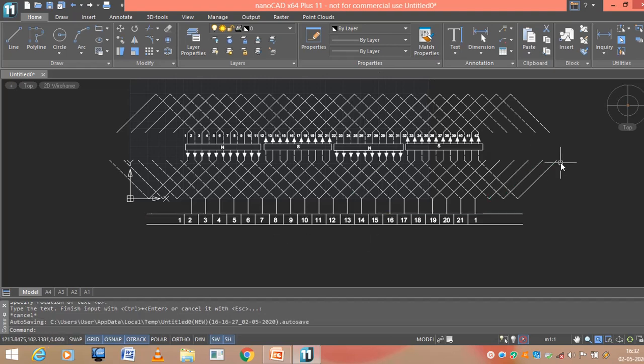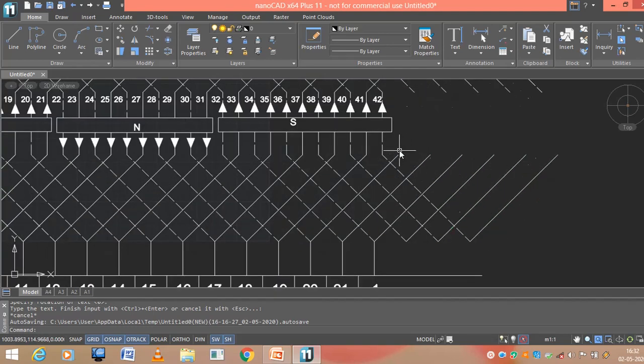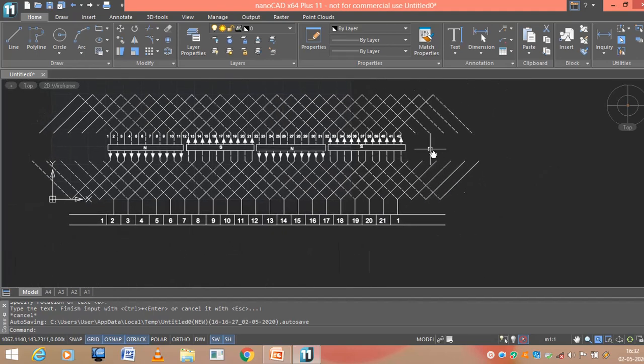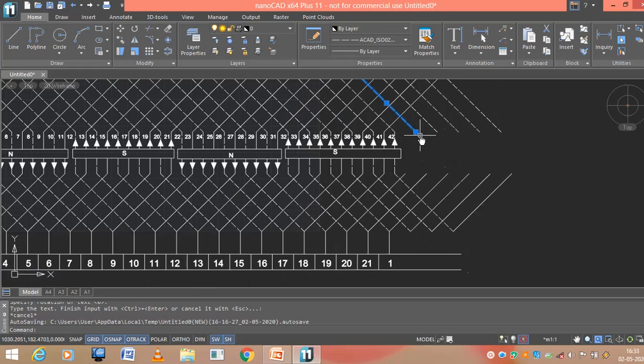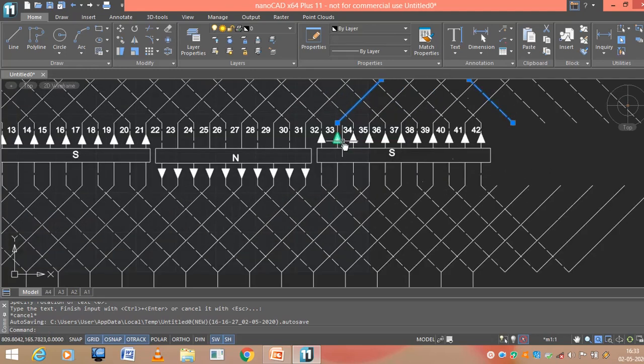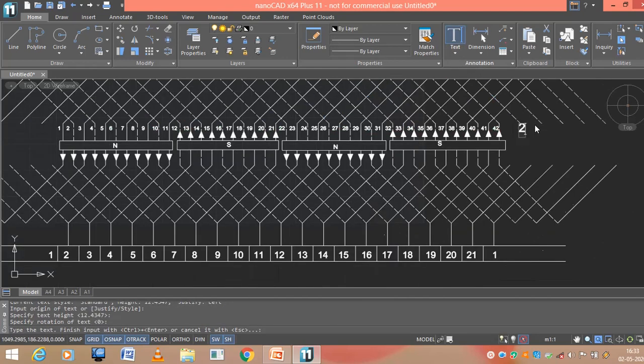And it will be very easy to place the brush if you mention where it has to be connected, to which conductor this terminal has to be connected. If you name this, it will be very helpful. For example, here if I trace this winding, this is 33 plus 11, it is 44, right? 44 means which conductor it is? 42. 44 means it is nothing but 2, right? And obviously it will become 4. The difference will be 2 because it is simplex. 6, 8, 10. If you want, you can check it out.